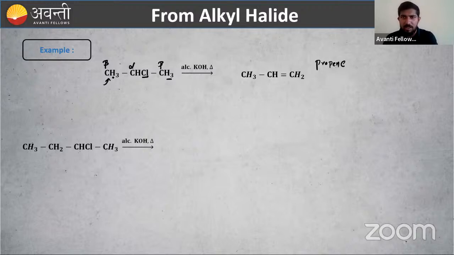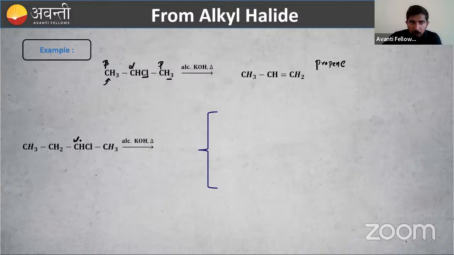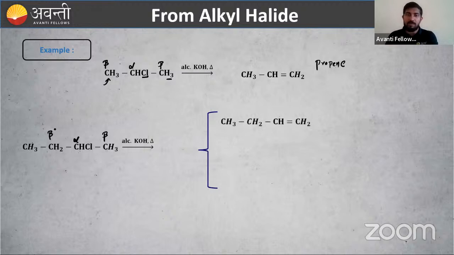Okay, fast. I will give you 10 seconds to tell me the name of the product. Which product will be formed here? What are the possibilities? Okay, I got answers from some students. There are two possibilities. Why are there two possibilities? This is our alpha carbon. This is also beta. This is also beta. From where will you remove one hydrogen? Suppose this is beta 1. I am removing hydrogen from beta 1. Then I will get this product.